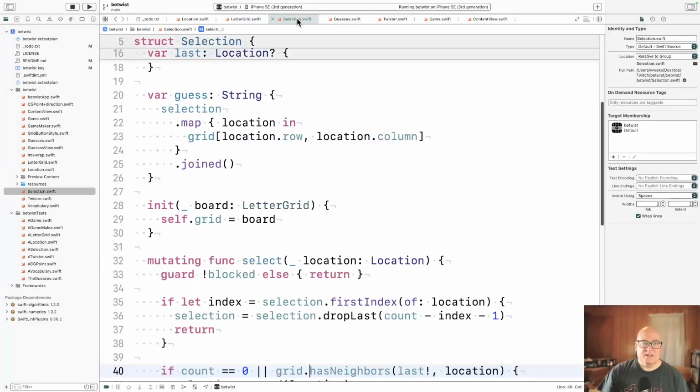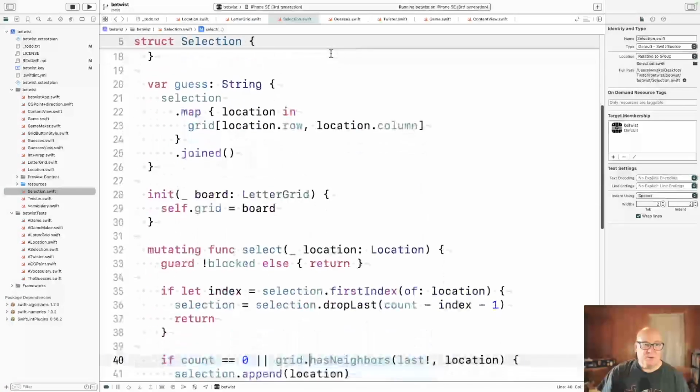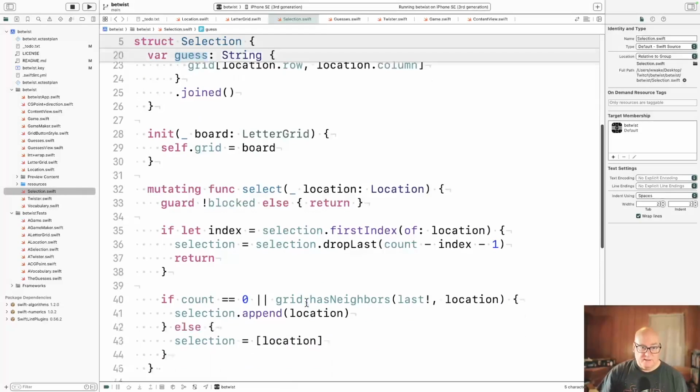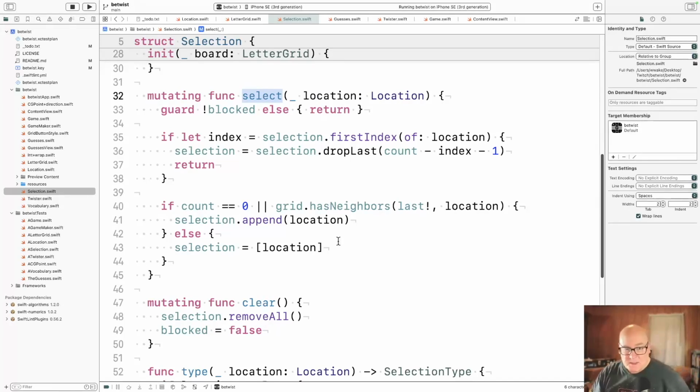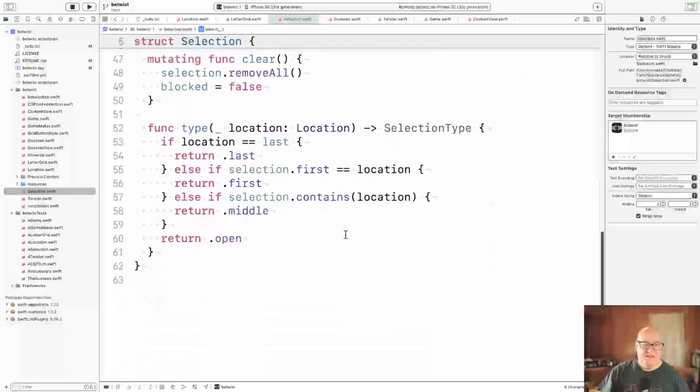All right, now the selection, when you're clicking around on the board, we track it. We track the guess that gets generated from that. What are all the letters in order? And we let you select and clear. Okay, so you decide whether you're starting a new word or you're appending to an existing one, is the key decision in there. And then the type is,